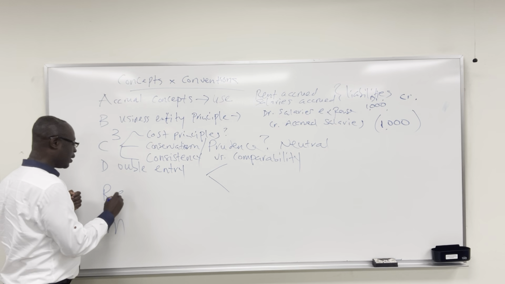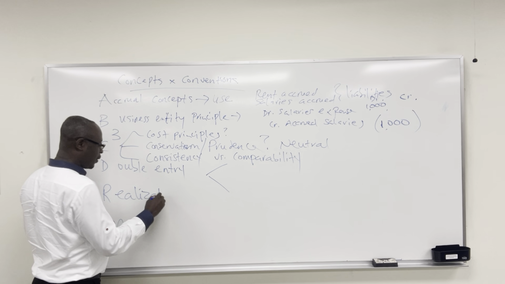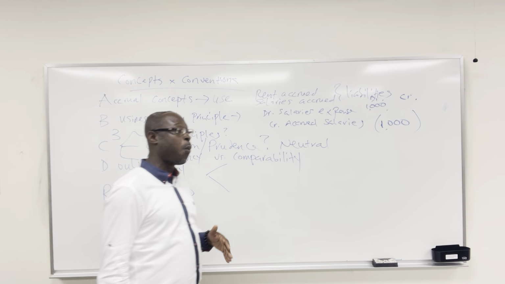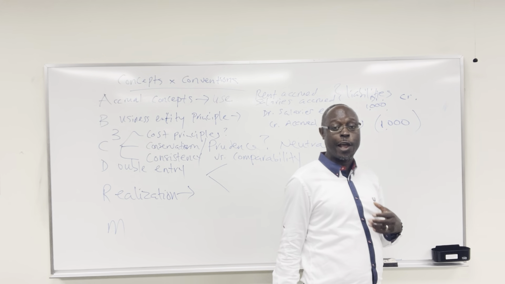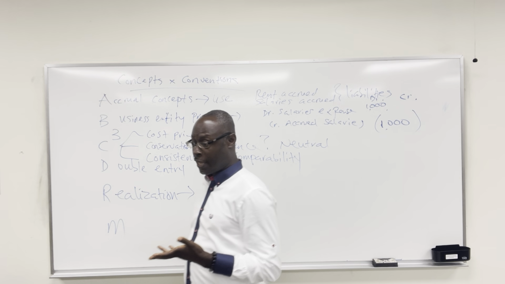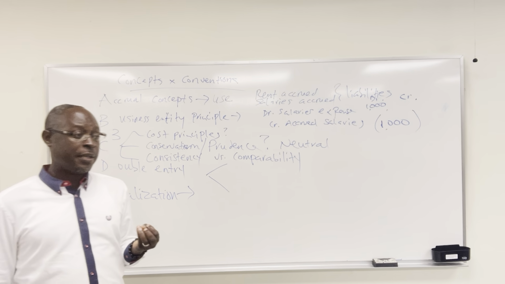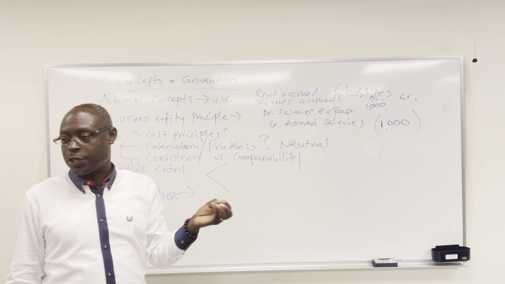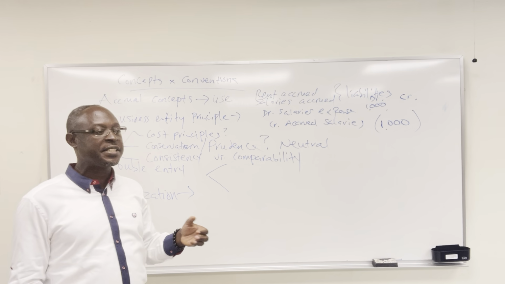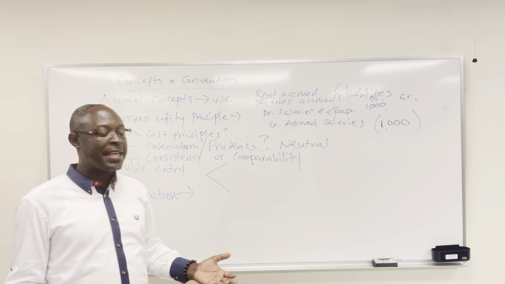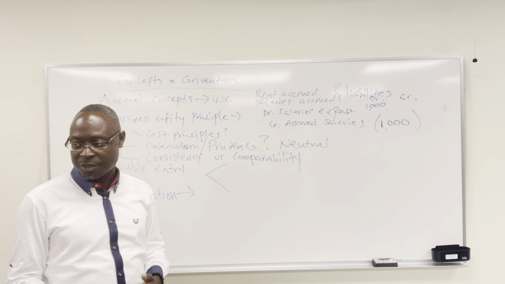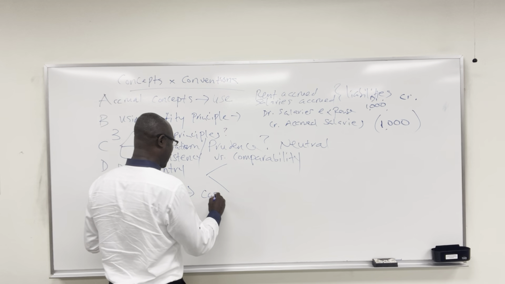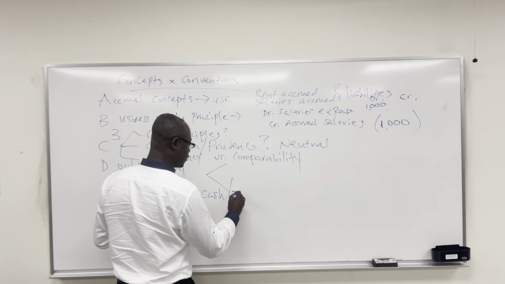And then this is what we call the realization principle. Realization principle. It almost means when it became cash or when you earned it. To realize is for something to become cash. You sold some stuff on credit to people. Those people received the stuff, and then they came back and gave you cash, okay? So you have realized it because you've either received your cash or you delivered your services, you've earned it.